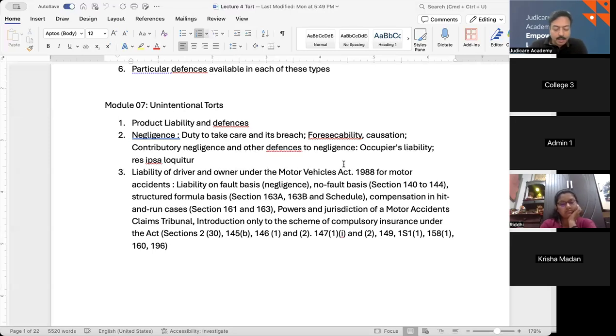Point 3 says, notwithstanding anything contained in subsection 1, where in respect of the death or permanent disablement of any person, the person liable to pay compensation under section 140 is also liable to pay compensation in accordance with the right on the principle of fault, the person so liable shall pay the first mentioned compensation, and if the amount of the first mentioned compensation is less than the amount of the second mentioned compensation, he shall be liable to pay in addition to the first mentioned compensation only so much of the second mentioned compensation as is equal to the amount by which it exceeds the first mentioned compensation.